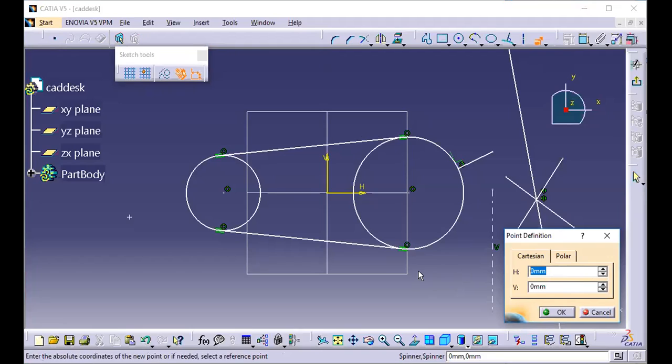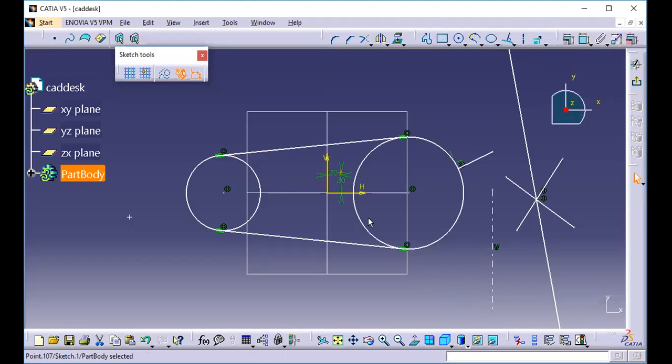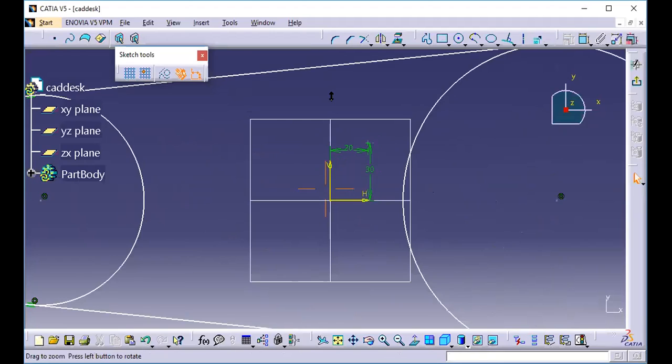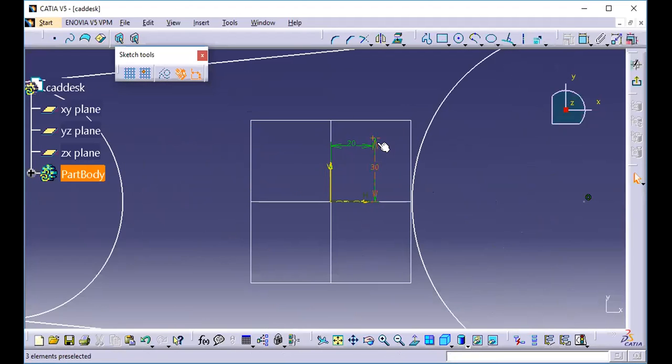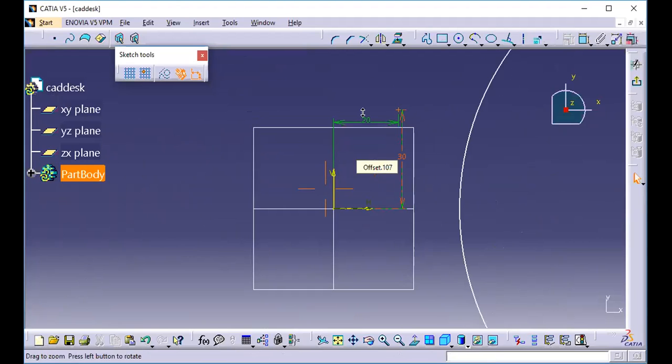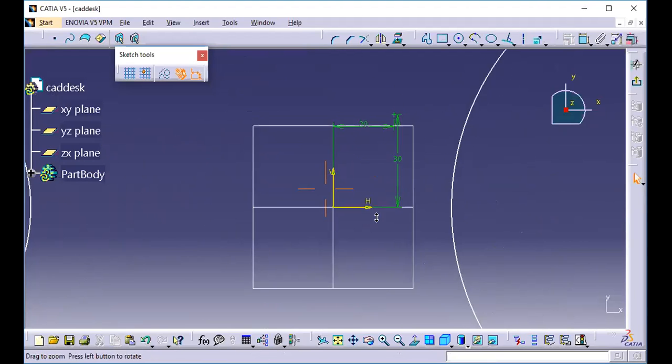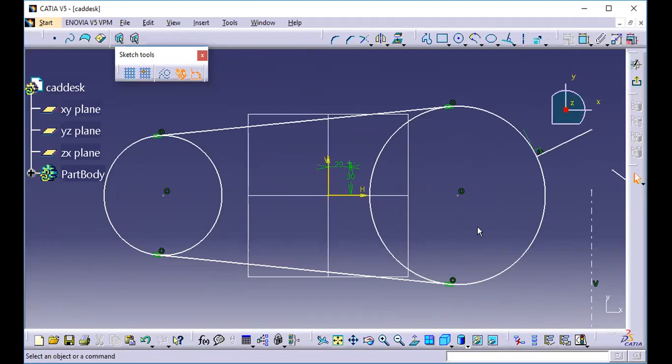Let me go for horizontal 20 and vertically it should be 30. Enter. See here, automatically a point has been created. Horizontally it is 20, vertically it is 30. So it will create a point like this.